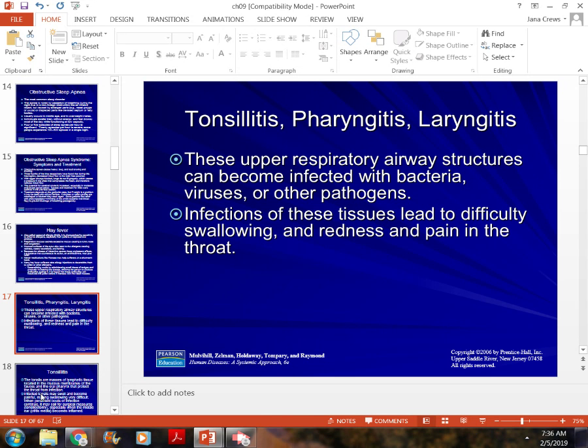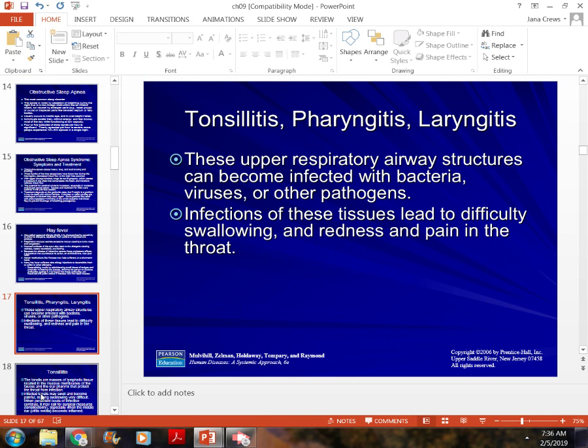They can be passed from one person to another by drinking after each other. The cold and flu can be passed just by coughing or sneezing. They're airborne. Tonsillitis, pharyngitis, laryngitis are most often passed by drinking after someone or coming in contact with their saliva. Most of the time they will treat it sort of like the cold, where we give your body some time to heal itself, your own immune system to fight it off. Or if it lasts more than a week, sometimes if your fever is elevated, then they'll go ahead and give an antibiotic.